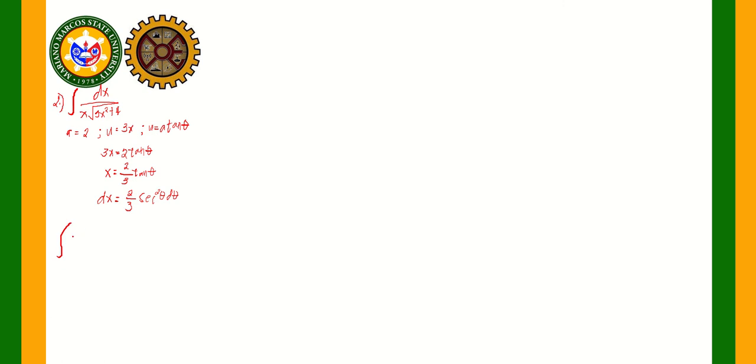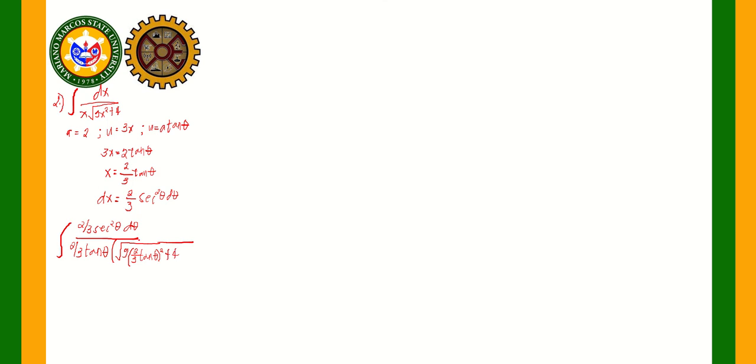So this will be equal to dx is 2 over 3 secant squared theta d theta all over our x, that is 2 over 3 tangent theta times the square root of 9, tapos multiply natin yung x natin, tangent theta, quantity squared, and then